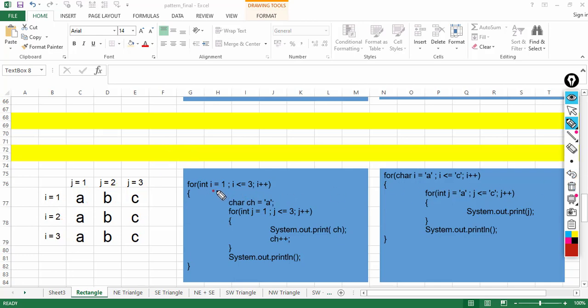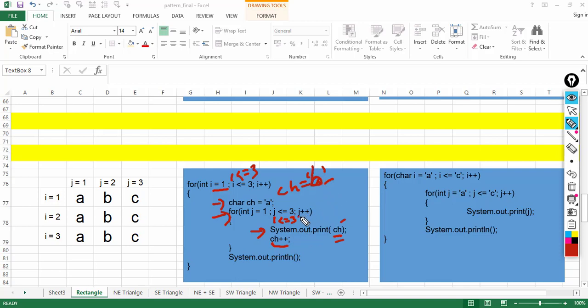I is 1, less than equal to 3, control comes inside, CH is A. Control comes here, condition is 1 less than equal to 3, condition is true, control comes inside, and value of CH is printed. CH is A, so A gets printed. And now we are increasing the value of CH, so CH will become B now.